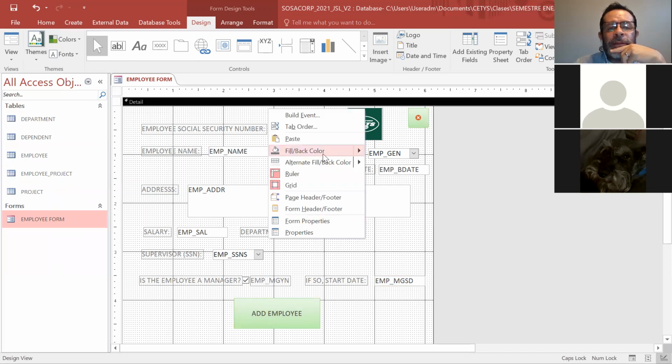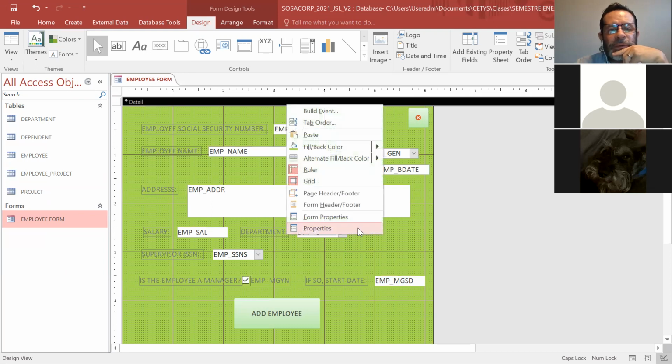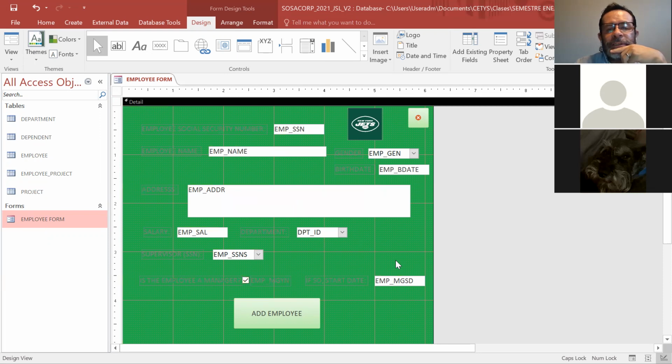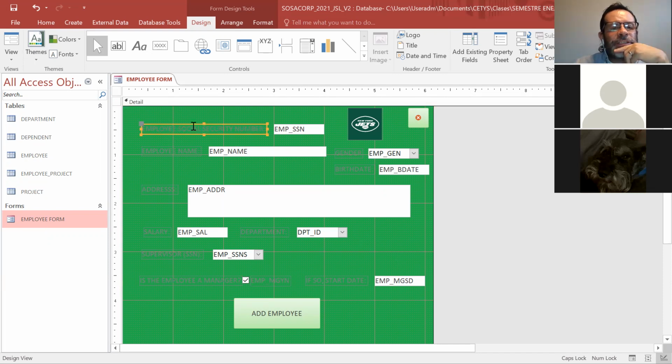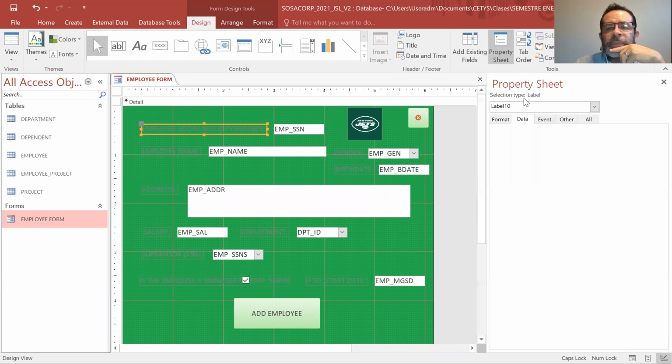I think that fill back color, for example, let's say again that this is a Jets thing. Oh, that's so horrible. That looks extremely bad. But again, the Jets don't really have prettier colors. So I just put that color there. That's really ugly. I would need to change also the font type for this one. Okay. I would need to change how this